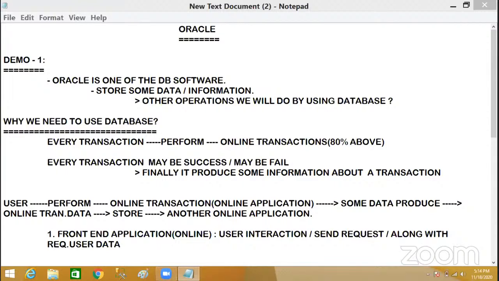So if you are learning these two, definitely you have to learn Oracle and MongoDB. And the Oracle advantage is this: first you learn Oracle, later you can go to MongoDB. Why? Because if you understand the queries and database concepts in Oracle, those ideas will help you in MongoDB.